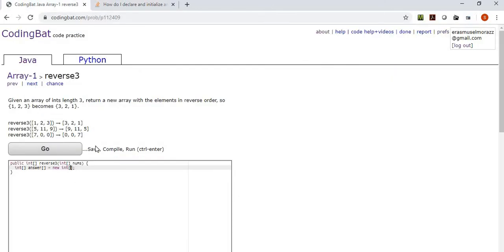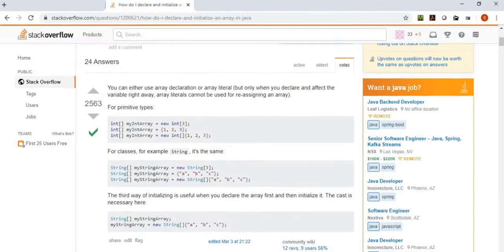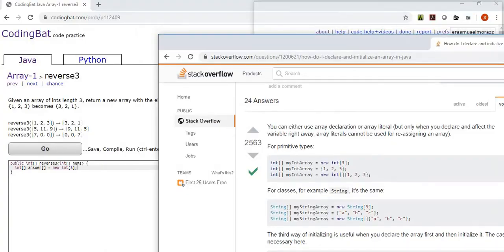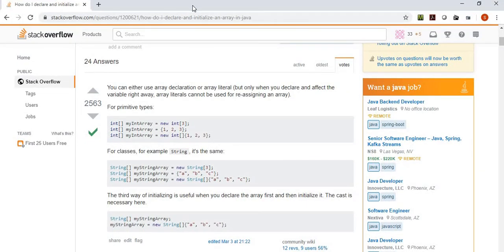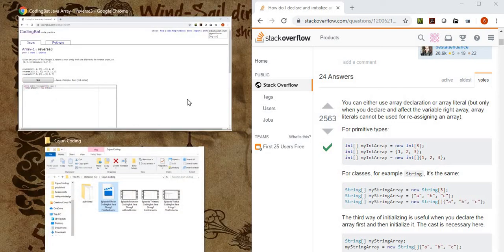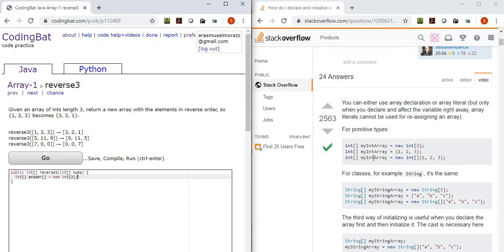Oops, let's put this in here. Okay, and you see what we're doing here. Oops, come on now. Okay. And really, come on. All right. So we've got